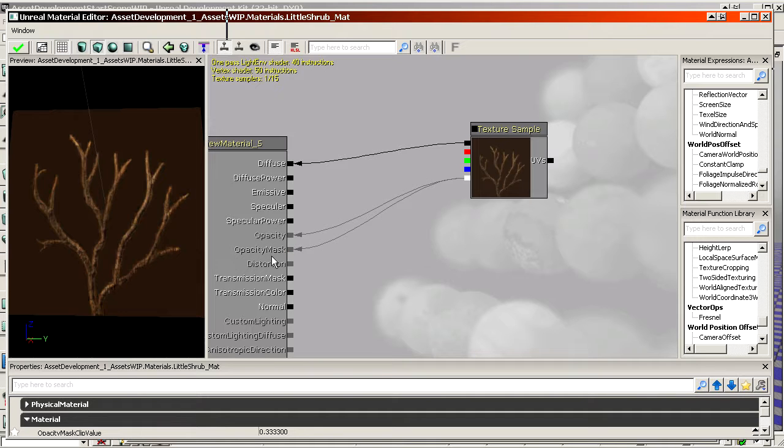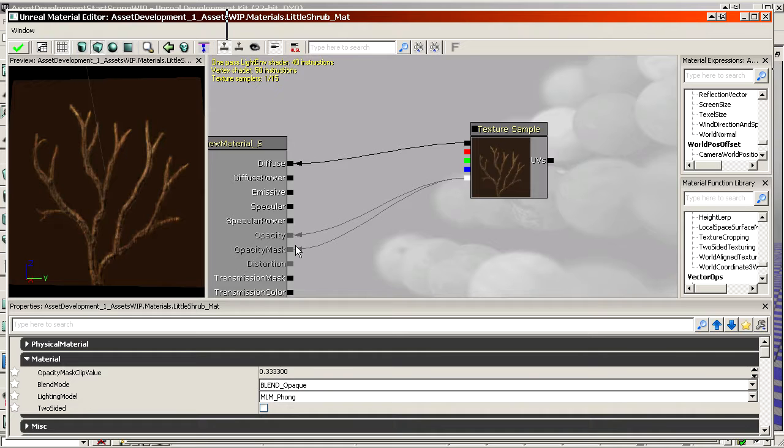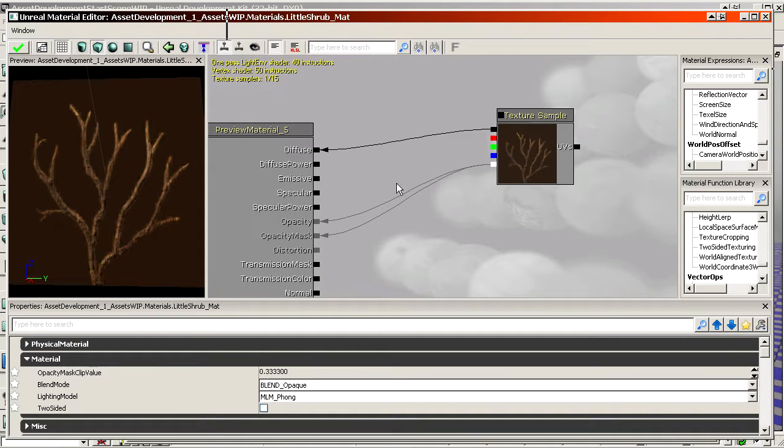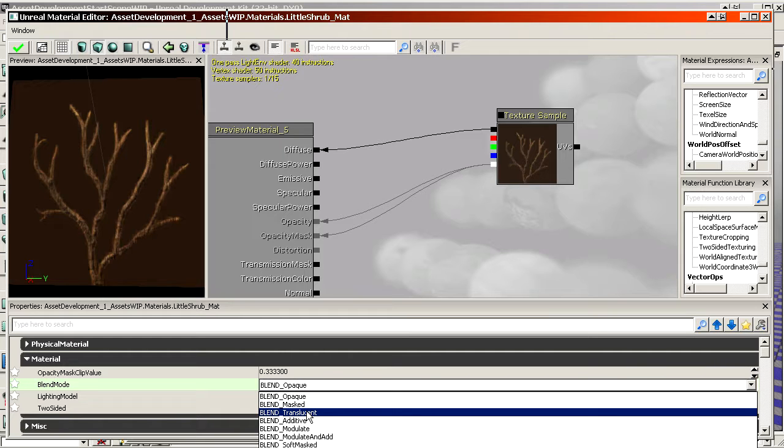Also, you can see it's grayed out. It's grayed out because the material is not configured to use these things. So the first thing you have to do, besides connecting it to opacity or opacity mask, is tell the material to start looking for this. If you click in empty space somewhere here, and then look at the bottom, you'll get the properties of the entire material. There's a section called material, and there it says blend mode opaque. If we change that to translucent,